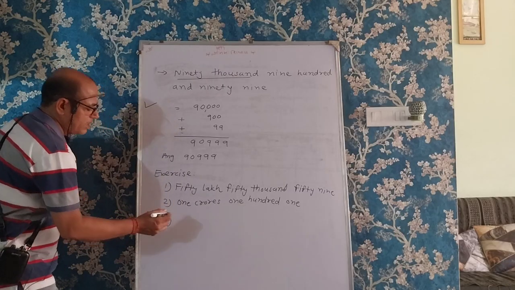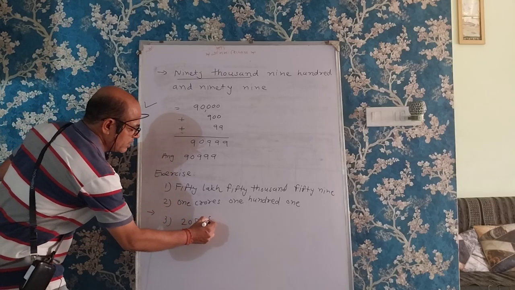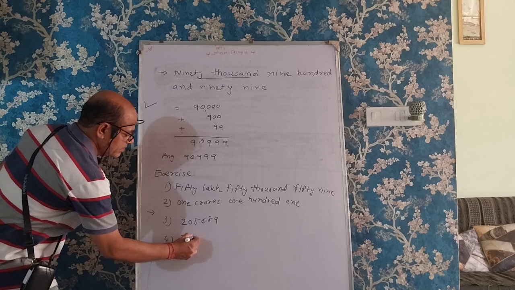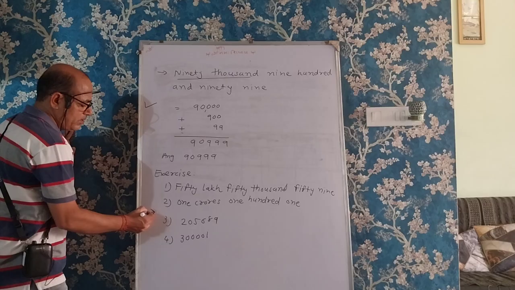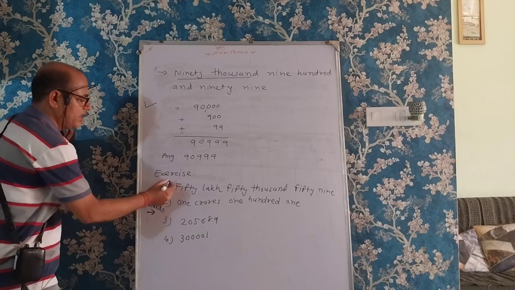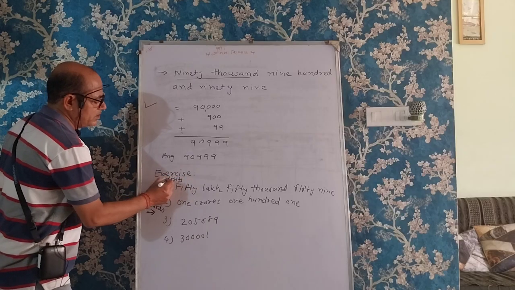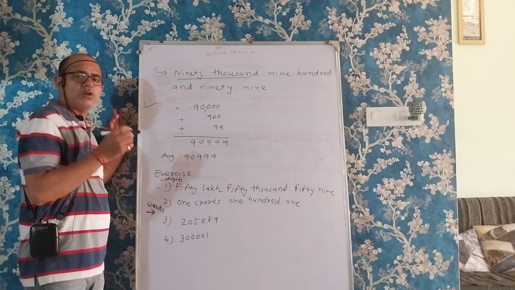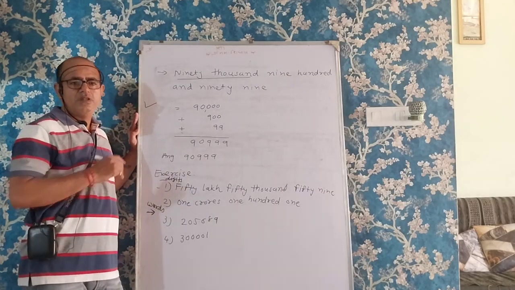From the third question we write in words: 2, 0, 5, 6, 8, 9, 3, 0, 0, 0, 0, 1. Okay, from the arrow you have to write in words. I am writing the words here also. Right, and here these are digits. So these two questions you have to write an answer and write in the comment, so I can understand how many of you have understood the things.